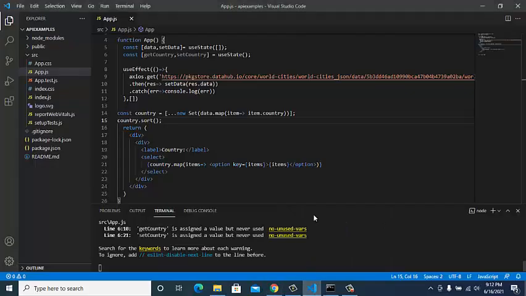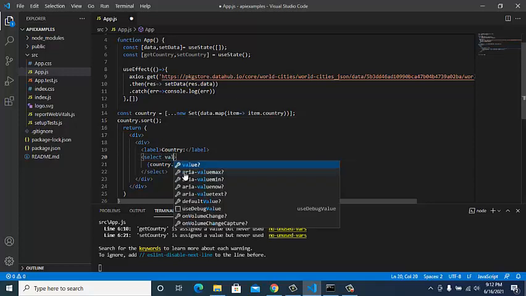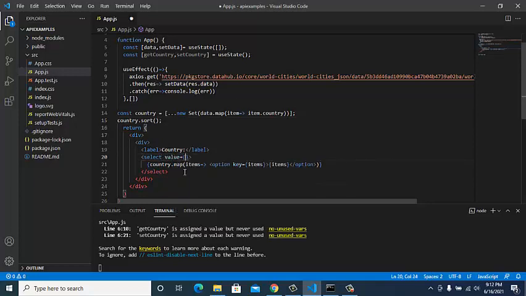Now we have the countries, but they are not controlled components, they are uncontrolled. To make them controlled, we use the value prop in our select, and we'll give the value from this get country.